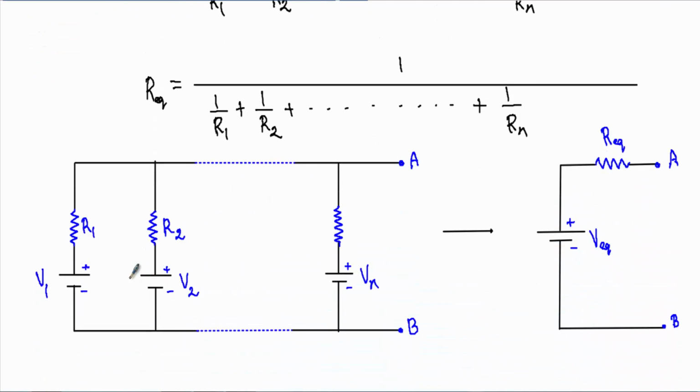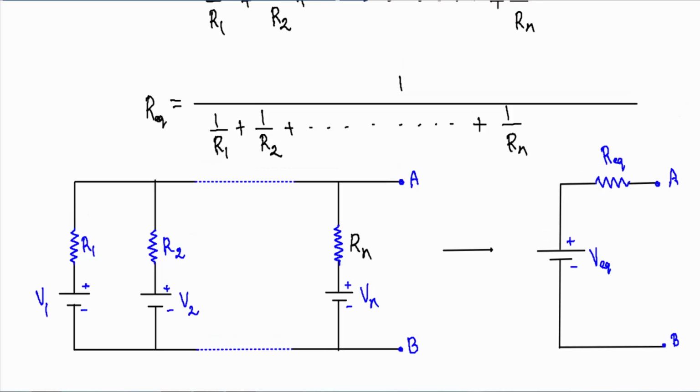See, Millman's theorem states that if I have a voltage source V1 in series with R1, a voltage source V2 in series with a resistor R2, up to Vn in series with a resistor Rn, I can replace this total network with a single voltage source VEQ in series with REQ with respect to this A and B terminal. You will see the branches are connected in parallel and each branch contains only a source and a resistor, and we will calculate VEQ by using this formula: